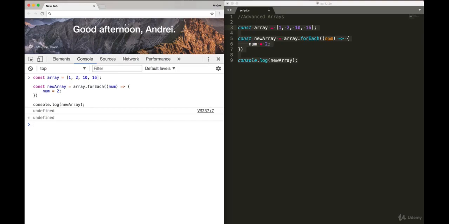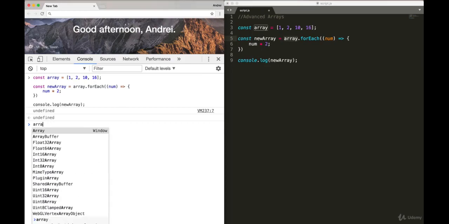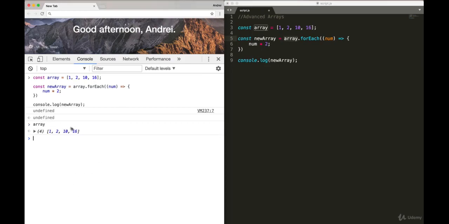Undefined. Well, because that's not how forEach works, right? forEach just says, I'm going to loop over these elements and I'm going to multiply number by 2. But we're not changing the array. If we look at the array right now, well, it's still the same thing: 1, 2, 10, 16. We're just randomly multiplying the numbers by 2, but we're not really storing it anywhere. If we want to do what we're doing, then we have to say